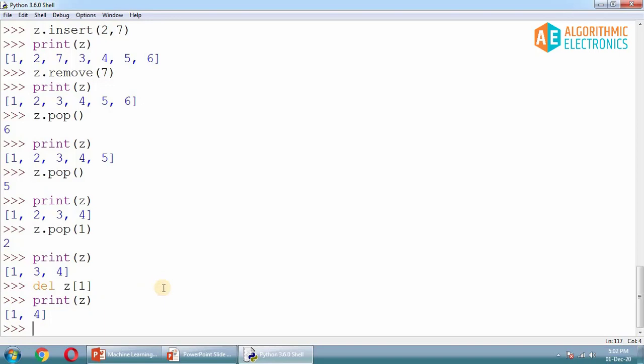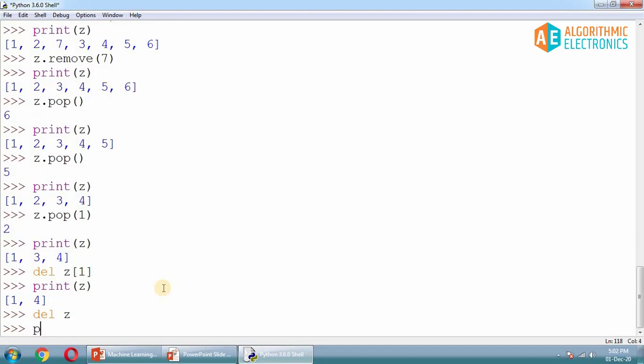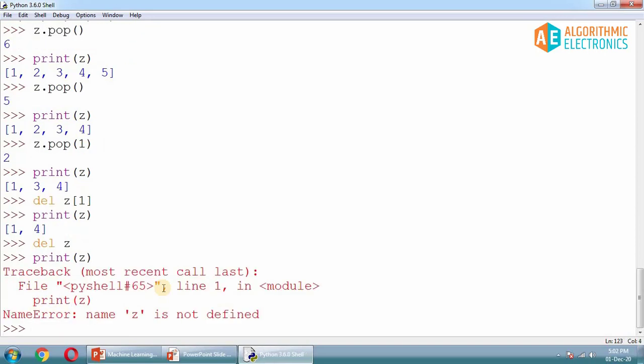Now, one more thing, is it possible to delete the entire list? Yes, it is possible, and you can free that memory location, or completely delete that variable by using del z. It will completely delete the list, and if you print z now, here is the big problem. Name z is not defined. Why? Because it has been deleted by this del statement, and now if you try to print z, you get the NameError: z is not defined, because this variable is completely deleted and the memory location allocated to that variable is now freed. So this is how you can completely delete the list.